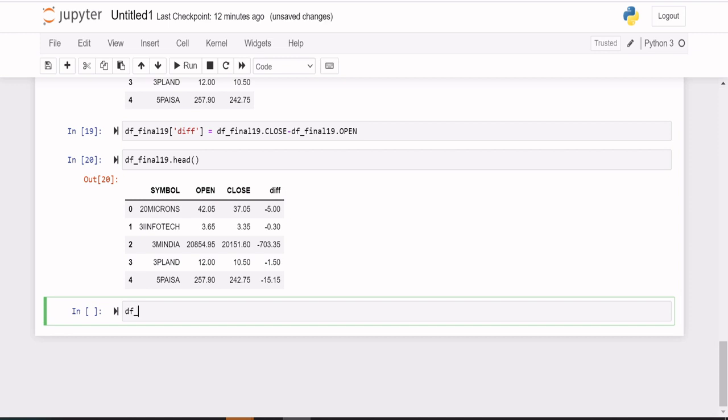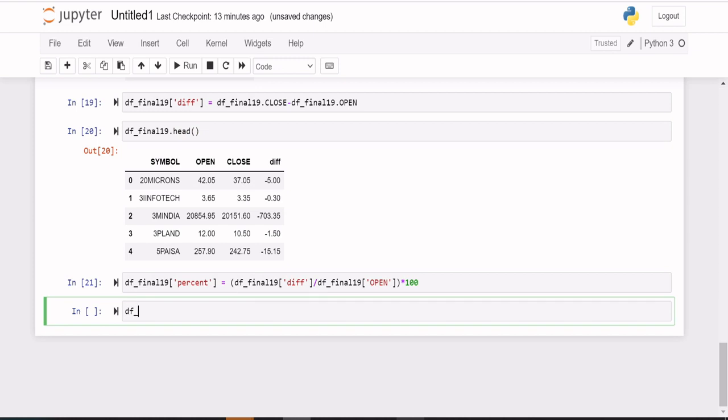So df_final19 of percent equals to df_final19 of diff by df_final19 of open into 100.